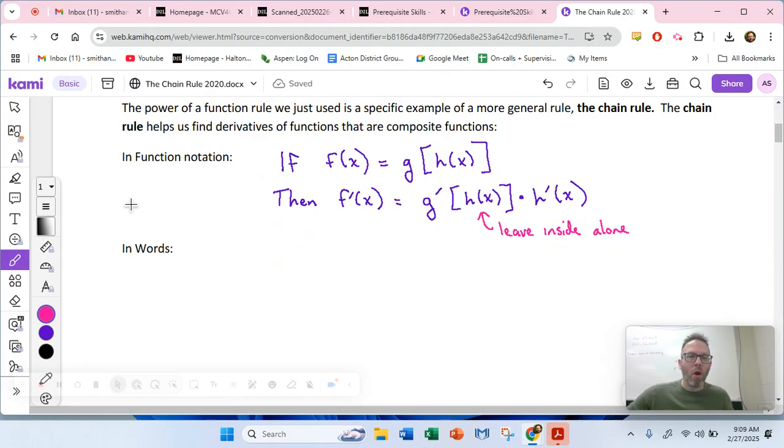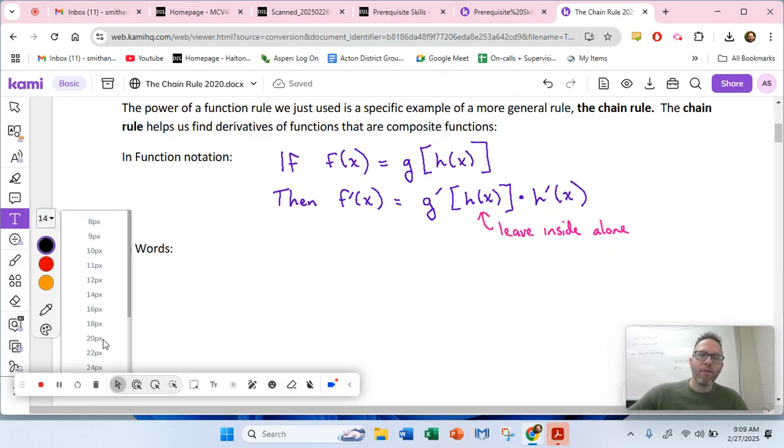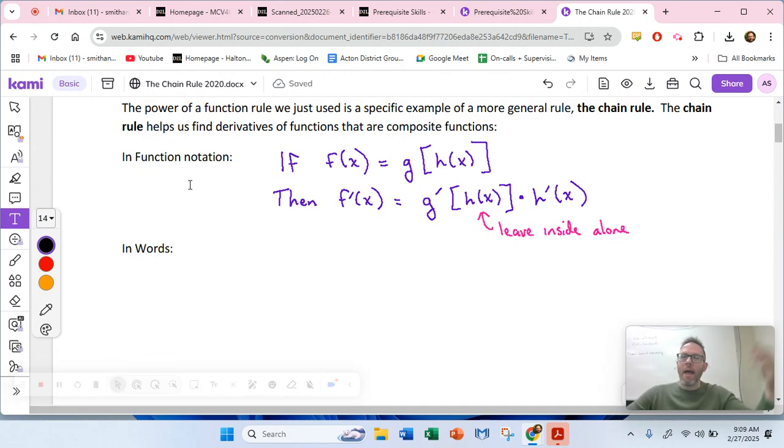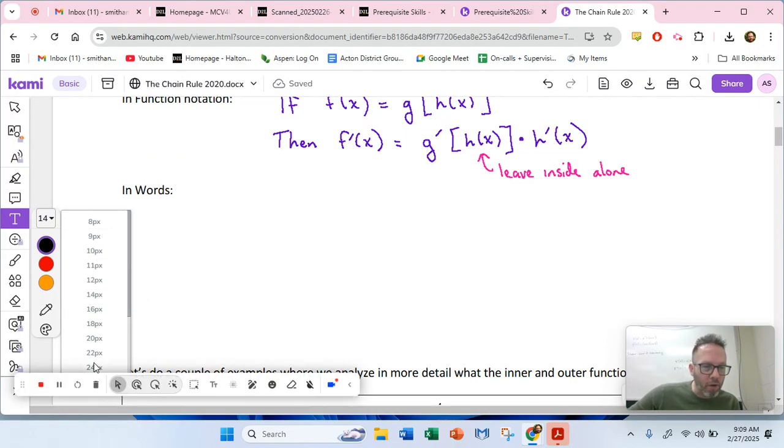Now, I'm going to put this in words. When I'm taking derivatives, I kind of have a mantra that I say in my head, and when I teach it with you guys, I say it out loud. But in words,